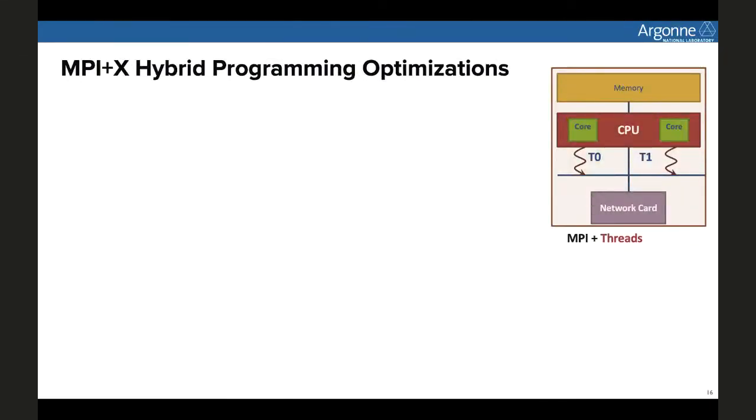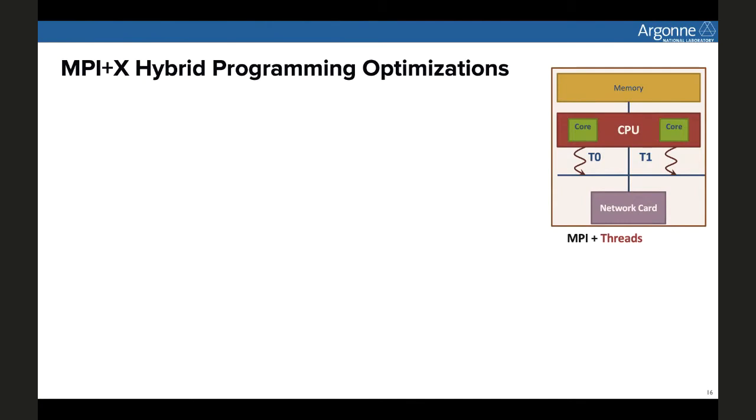The MPI plus X hybrid programming optimizations. By default, as I said earlier, it's in the single or funneled mode.